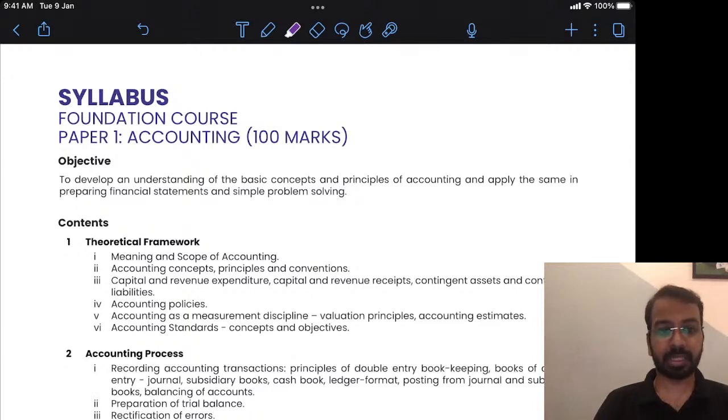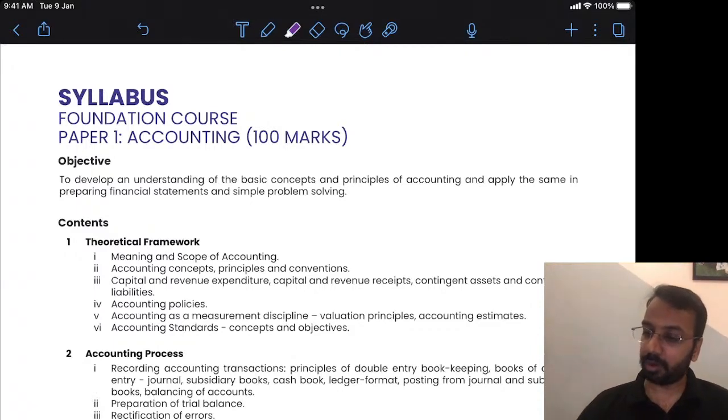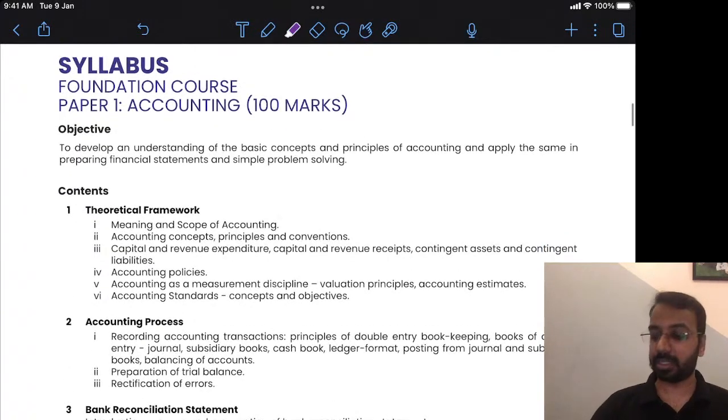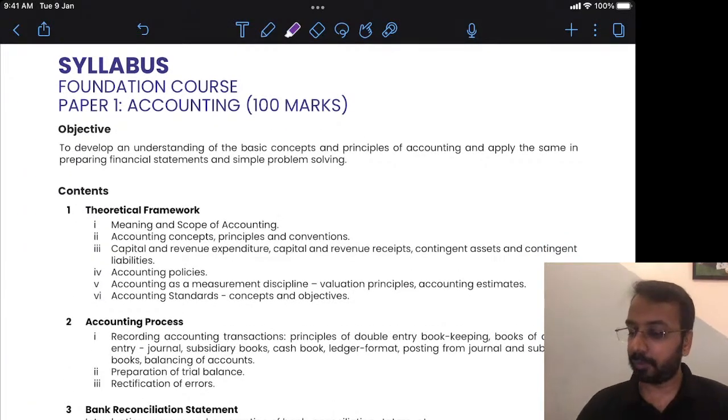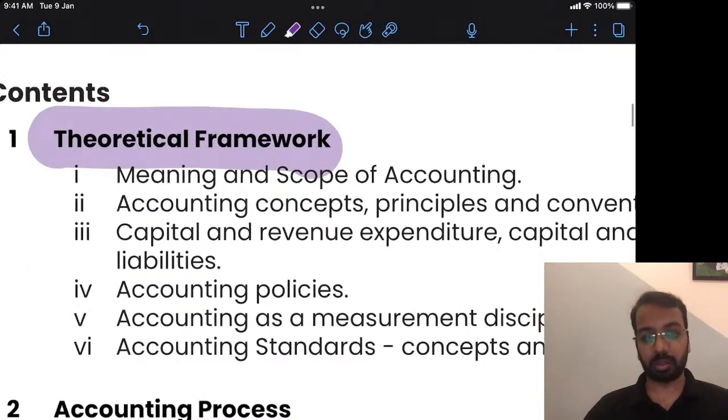So here basically we will be discussing what has changed in the overall syllabus. So starting with CA Foundation, as you can see on the screen, quickly I'll just run you through. For CA Foundation, after that we'll discuss inter and final. If you look at the contents, theoretical framework was there, largely it will also be there, so we will need